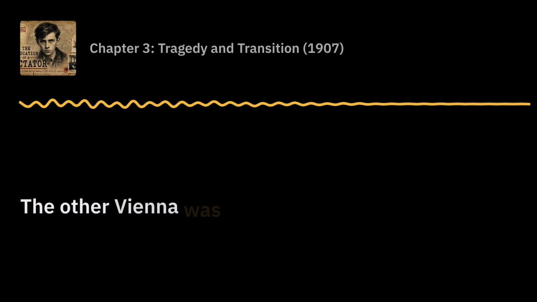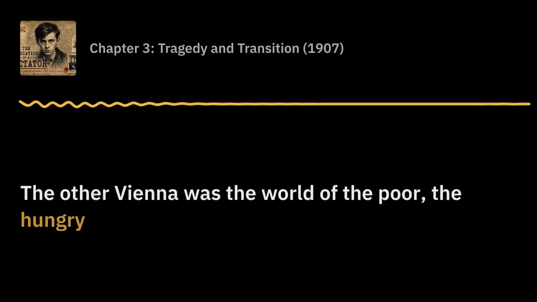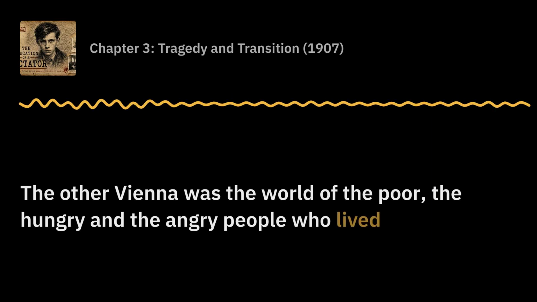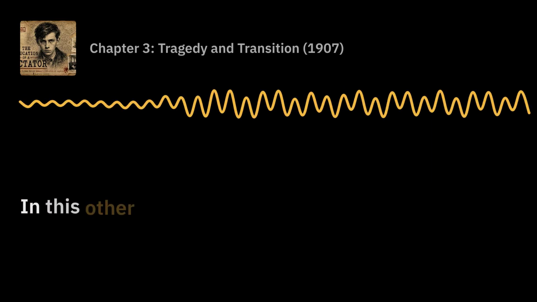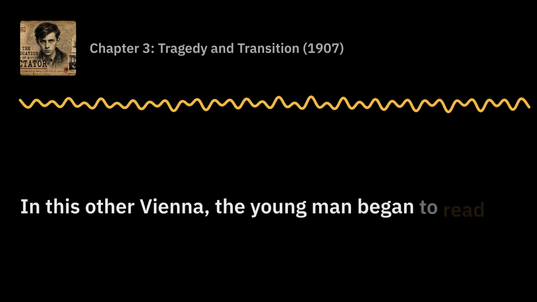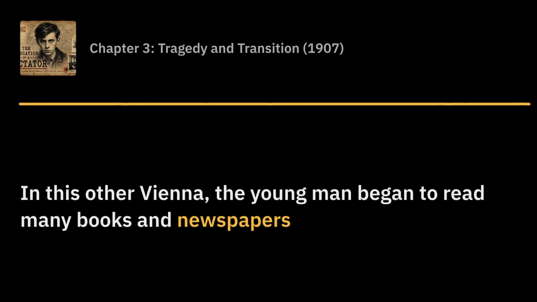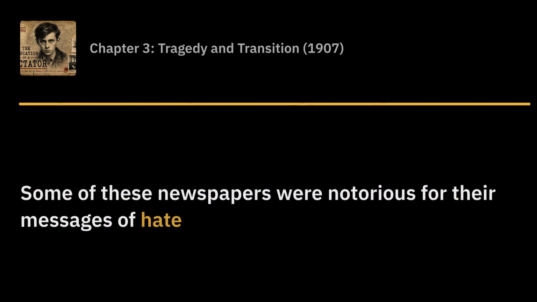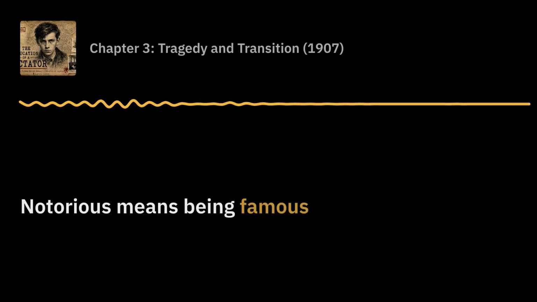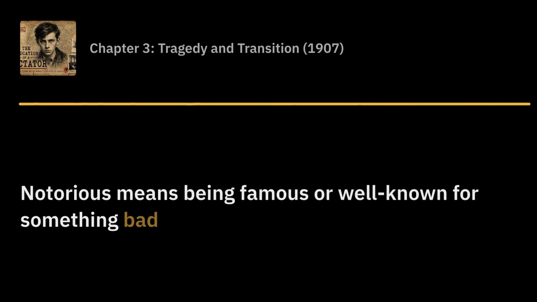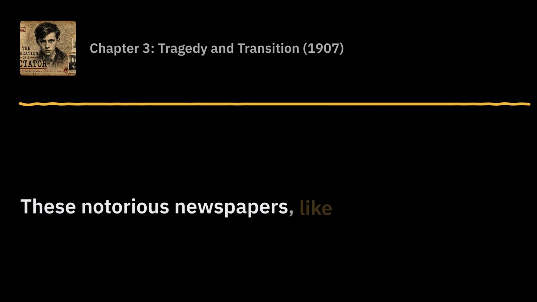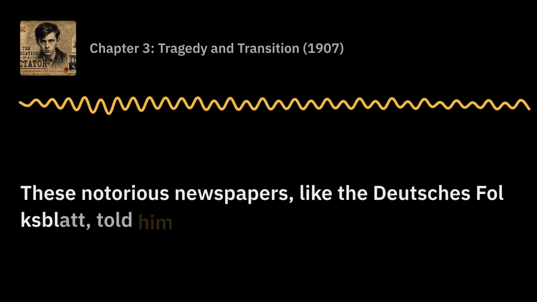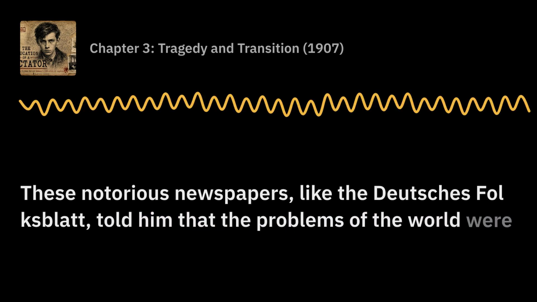The other Vienna was the world of the poor, the hungry, and the angry people who lived in the suburbs. In this other Vienna, the young man began to read many books and newspapers. Some of these newspapers were notorious for their messages of hate. Notorious means being famous or well known for something bad. These notorious newspapers, like the Deutsches Volksblatt, told him that the problems of the world were caused by people who